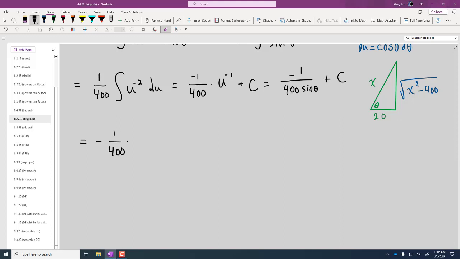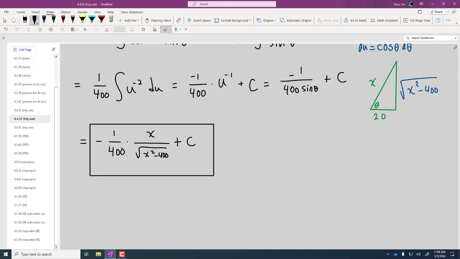Sine of theta, opposite over hypotenuse, but it's in the denominator, so we're going to flip it. So we could do hypotenuse over opposite, which is cosecant. So hypotenuse divided by opposite looks like this. Making sense? There is the antiderivative we've all been looking for